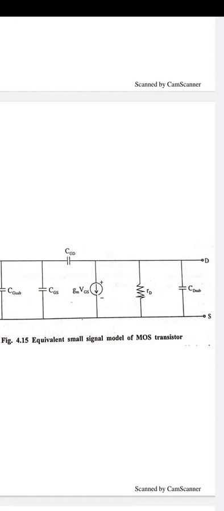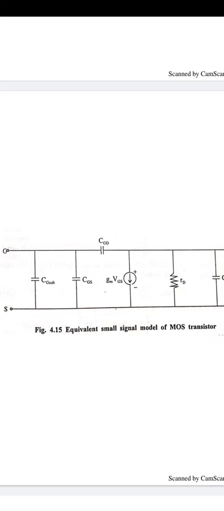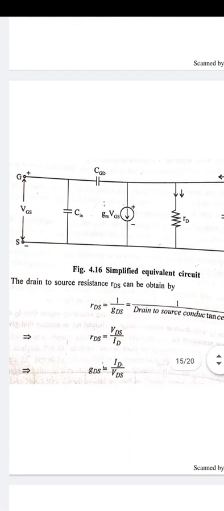And when we reverse bias the drain to substrate, it is basically an open circuited junction, so its capacitance is open circuited. But when we talk about the capacitance between the gate and substrate and gate to source, they are combined to obtain a single capacitor, denoted by C input. Basically C input is equal to C gate substrate plus gate source capacitance, which is the inner part, and in the outer part there is the drain to substrate capacitance, the gate to drain capacitance between the gate and drain terminal, and the drain to source resistance.